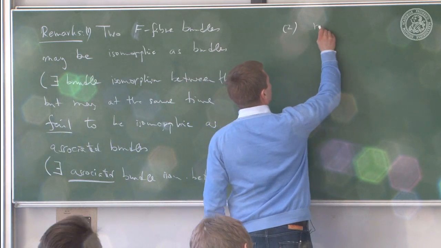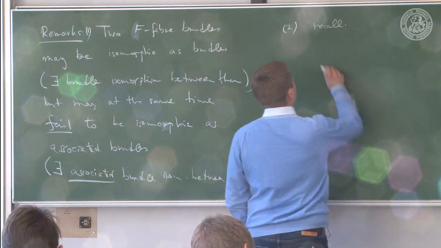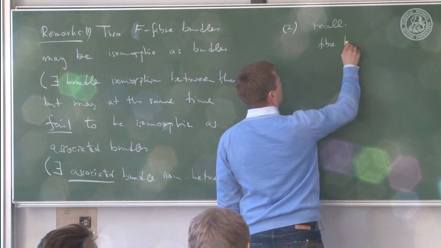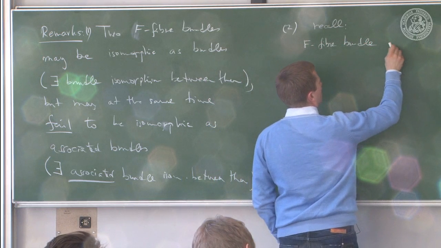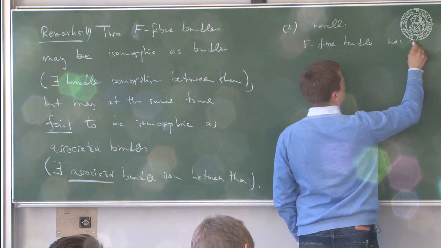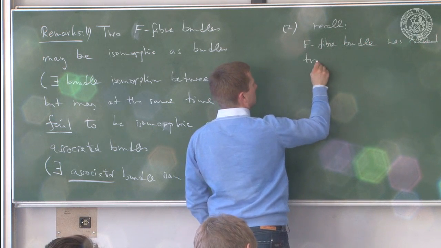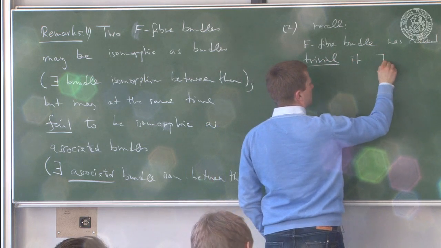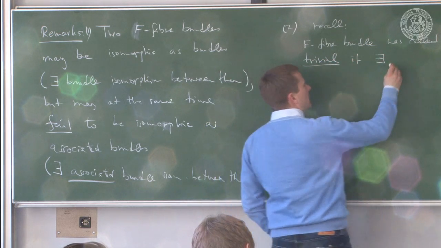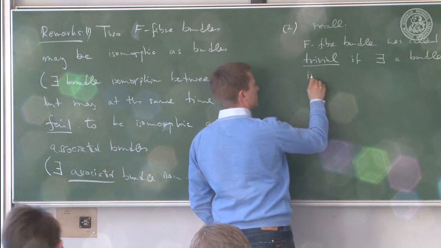Recall that an F fiber bundle was called trivial if there existed a bundle isomorphism